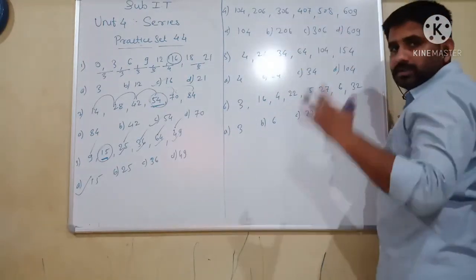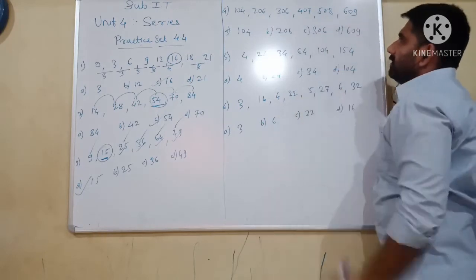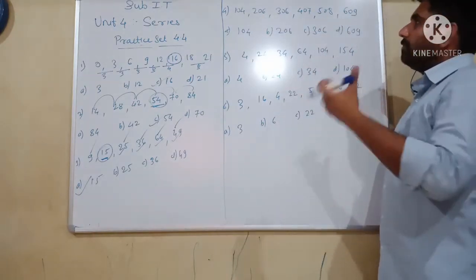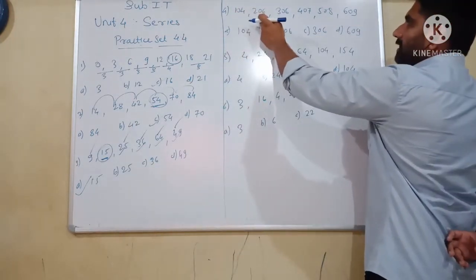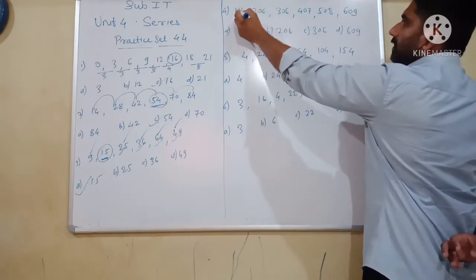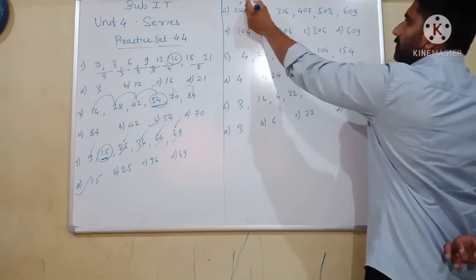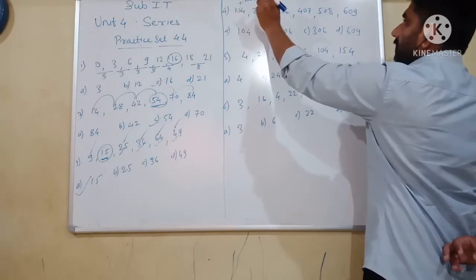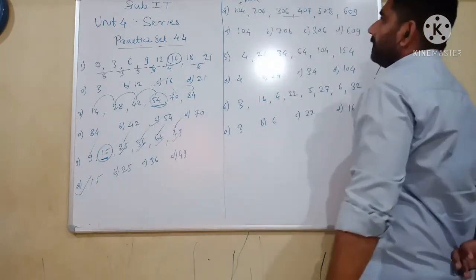Next, in question number 4, a number series is given. We have to check out the pattern. The pattern is that after every second number, there is an addition of 100 plus 1. See, 104 plus 100 is 204, plus 1. Here again, if you try to follow the pattern,